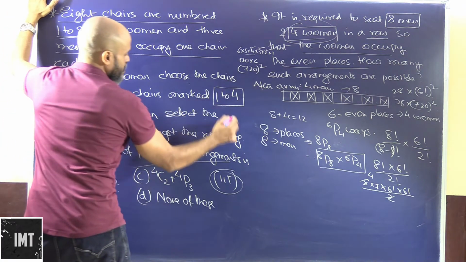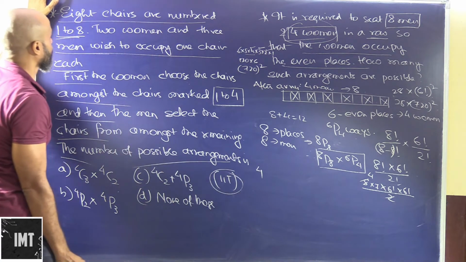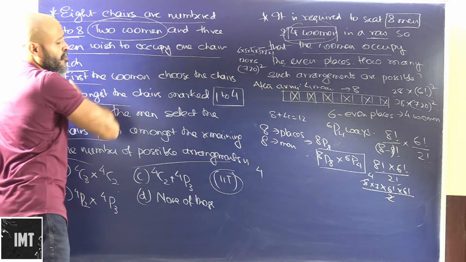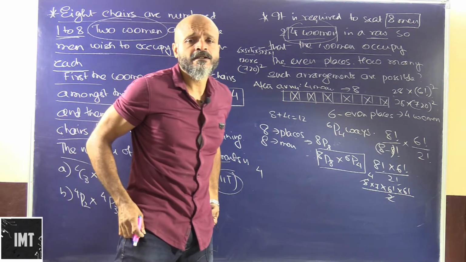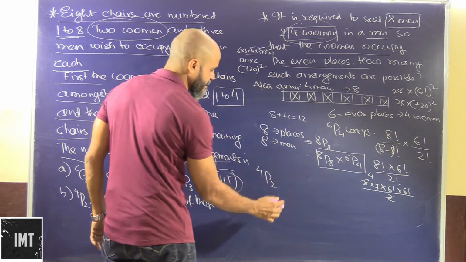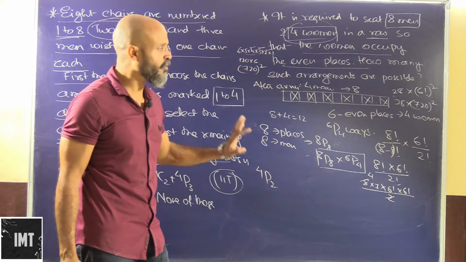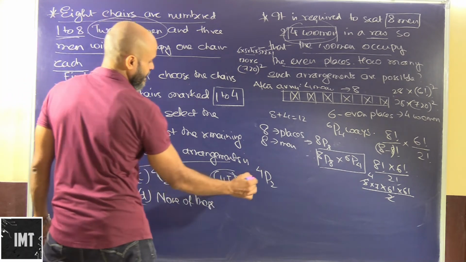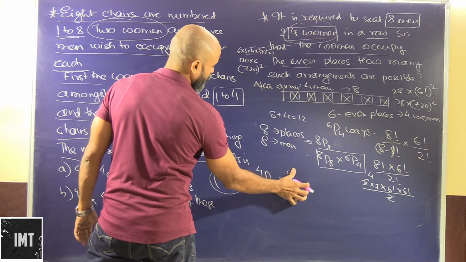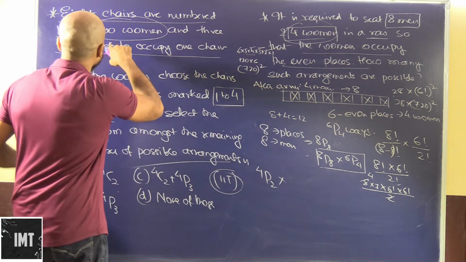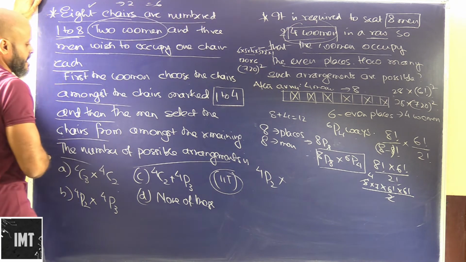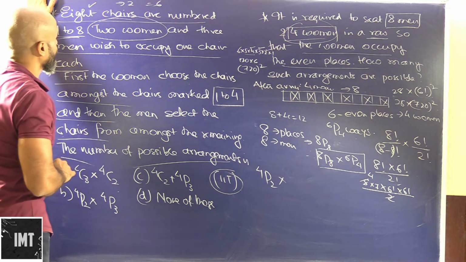So now chairs 1 to 4. So there are 4 chairs, and out of this 2 women are there. So 4 chairs are to be selected, and this can be done in 4P2 ways. 4 chairs, 2 women. Okay, so now we are left with 8, 4. So 4 chairs are left. So once it is occupied by 2 women, so total 8 chairs are there, out of which 2 women have taken, we will be left with 6. Okay, we will be left with 6.